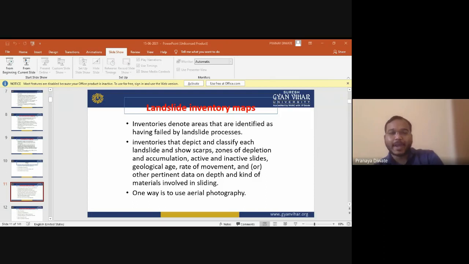What technique is to be adopted for this remote sensing study? You need a topographic map that indicates the slope gradient. We already know that landslides are mostly affected by slope gradient. The steeper the slope, the more chances of having a landslide in that area. That's how you can do landslide mapping.